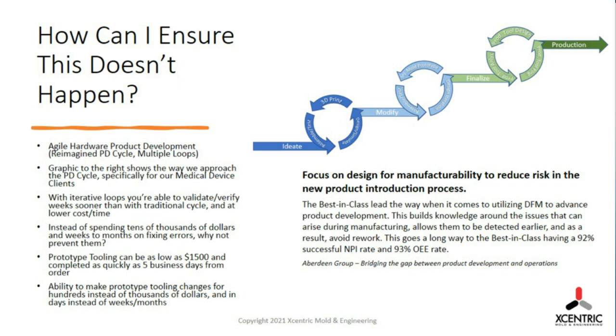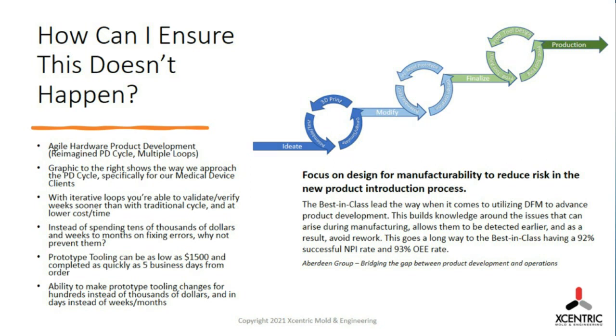So now if you run into a problem with your prototype tool, no big deal. A couple thousand dollars, a couple of hours, and you're going to have some new products and tweaks to your tooling. And again, you're going to be able to run back through this loop, test them, assemble them, make sure they work. Now you can make that change and figure out that problem for 10x less than the traditional product development cycle. And you're also able to bring down the time in which you're finding them, right? So once you get through that loop, and now you've got your